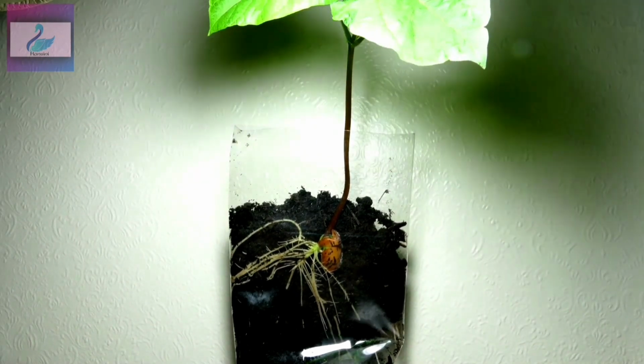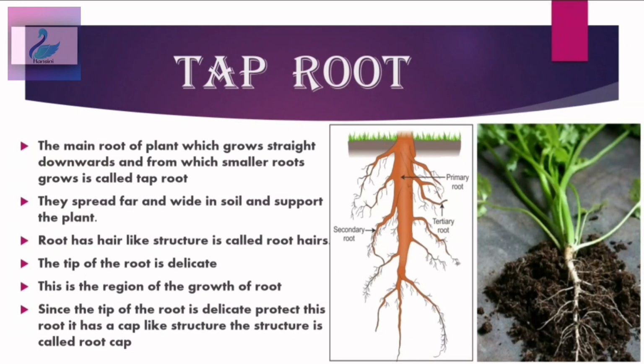Now we will see the different types of roots. The first we will see is the tap root. Observe the diagram carefully. Can you see the surface of the ground in the diagram? Now see the part of the root on the surface of the ground. See its thickness. It is quite thick, right? And now it is tapering down towards the end. That is, it loses its thickness when it goes down. Now see the end point of the root. It is quite narrow. Can you see it?